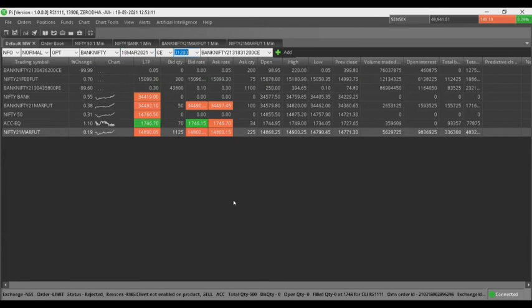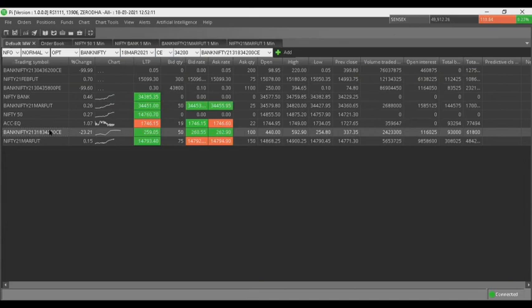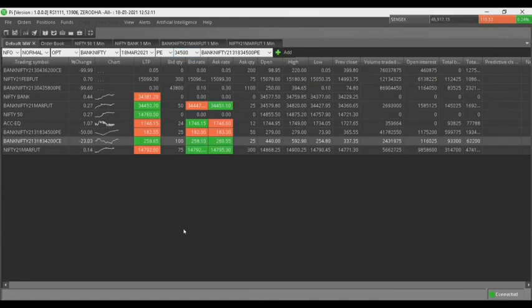Wait a moment. I'm putting it here. Let's see if we can get hold of that data quickly. 34,000, 34,000. Okay, and I'll plot the chart. Once the chart is there, I will show you something interesting about it. And then there is one more thing too. If possible, we will see that too. Okay, let it open. If it opens, I'll share that with you.